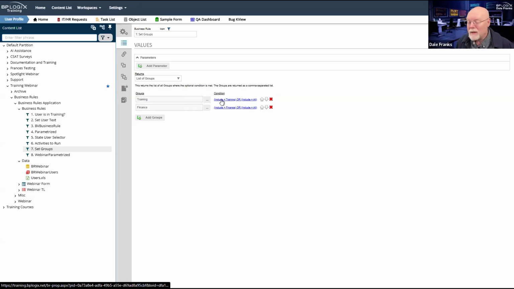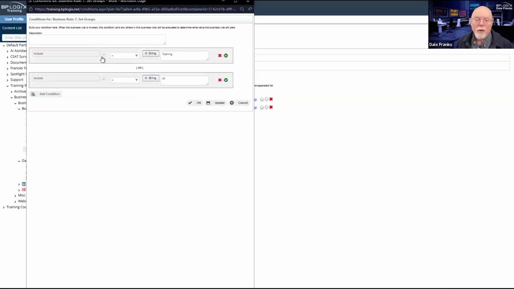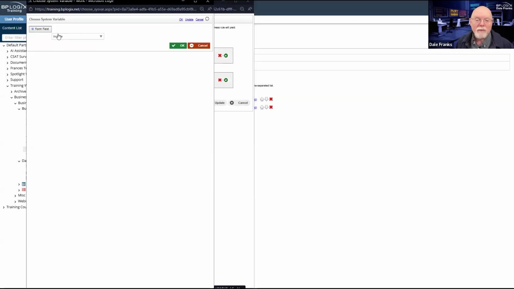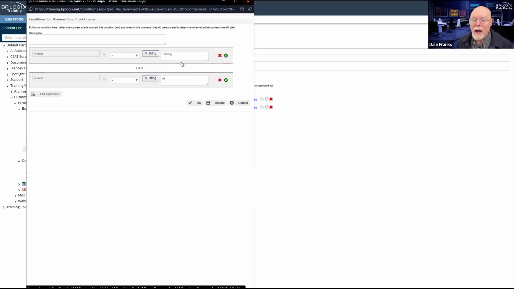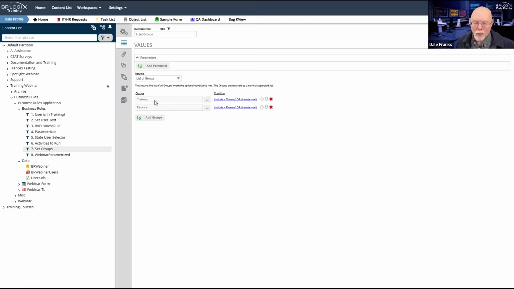So once again, this is associated with the form itself. I'm looking at a form field, the include form field, and I'm looking for whether it says either training or all. So if it says training or all, it will return the training group. And if it includes finance or all, it will return the finance group.